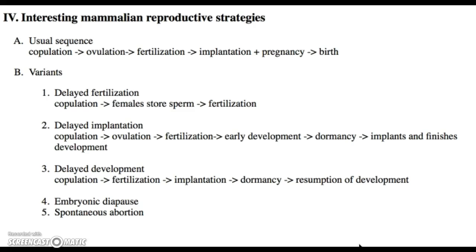Now, why not just copulate in the spring? A lot of species do that. It turns out that it's very, very critical for the offspring to be born as quickly as possible when spring comes around, because they need the advantage of a very long feeding season to put on enough body fat to be able to survive the winter. So the later they're born in the season, the less likely they're going to be fat enough to survive the upcoming winter. If the bats were to wait until the males could gear up sperm production, that would delay ovulation